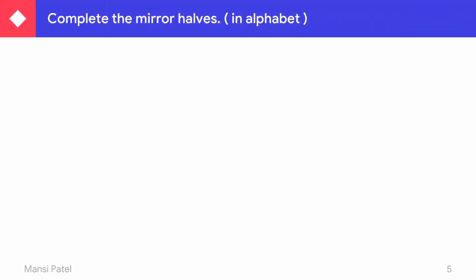Let us see some another mirror holes, but these mirror holes we have to see in the alphabet. The same. Here half portion of any of the alphabet I am given to you. So and then after mirror line, you have to complete and tell me which is the letter. So this is the letter A.